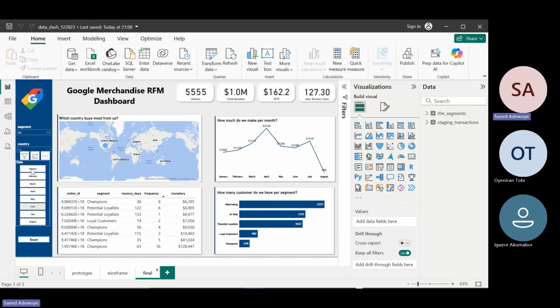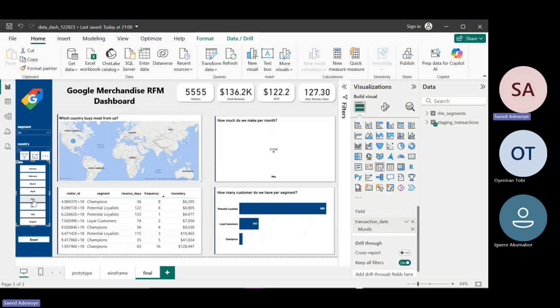And looking at the second part, you see the filters. We have the segments. There you have several segments, even though there's some mistake here. Instead of putting all this in white, it's supposed to be in black. So the segments are there. Then the countries are also there. Then likewise the dates regarding each month, and they're interactive. When you click on this, you can see the number of customers here and there.